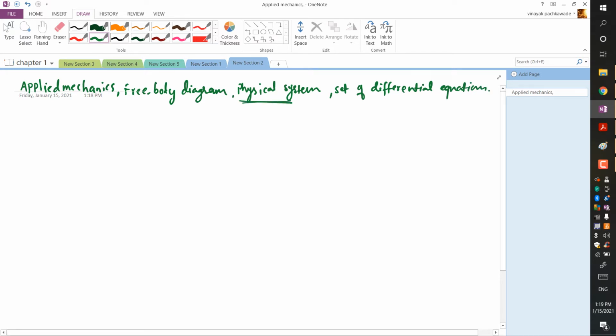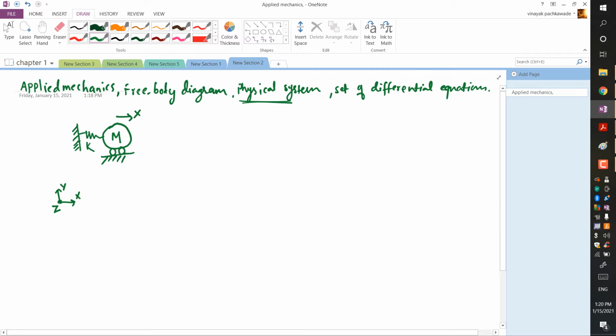Let's say we have an object or a body with mass m, and that body is moving in a particular direction, let's say x. So we have the coordinates x, y, and out of plane would be z. This body has a spring which is fixed to a frame, and that spring has a spring constant defined by, let's say, k.